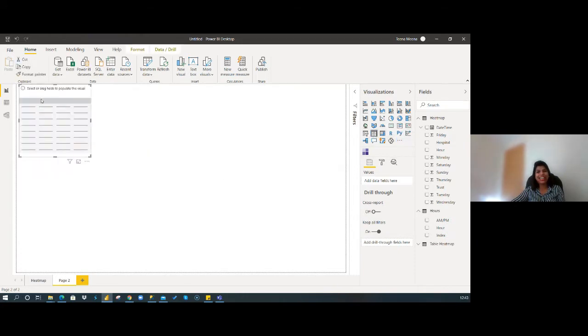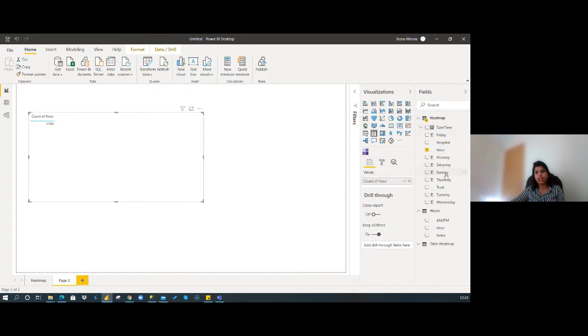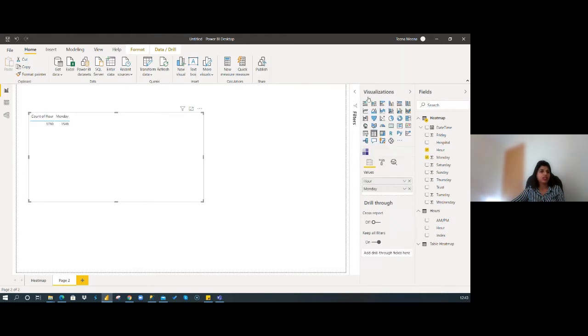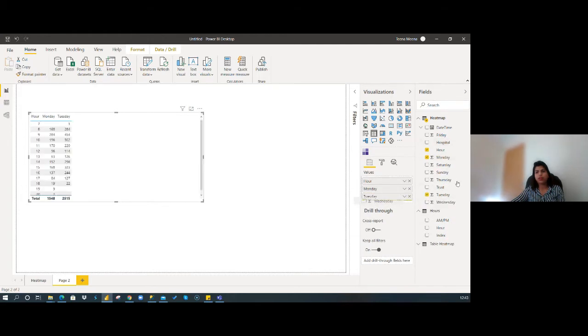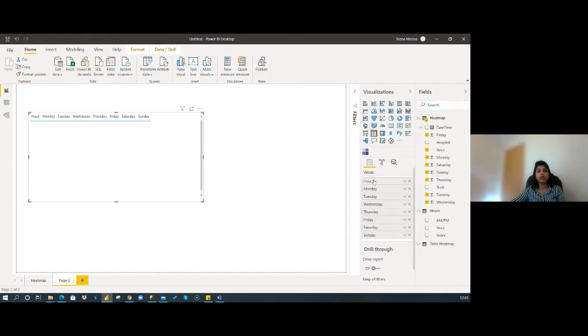That's another trick. So I'm going to bring hour, and now you have the data in your weekday name. When you bring hours in the value, just click on don't summarize, because sometimes it shows the summer count. And I'm just going to bring all the weekdays: Monday, Tuesday, Wednesday. It is a bit of a way around, but it's a very nice visual once you know how to use it.